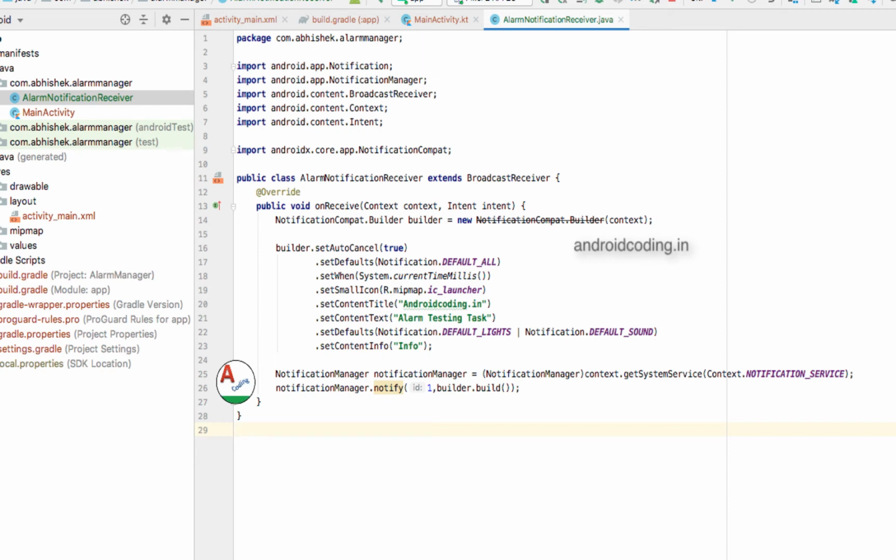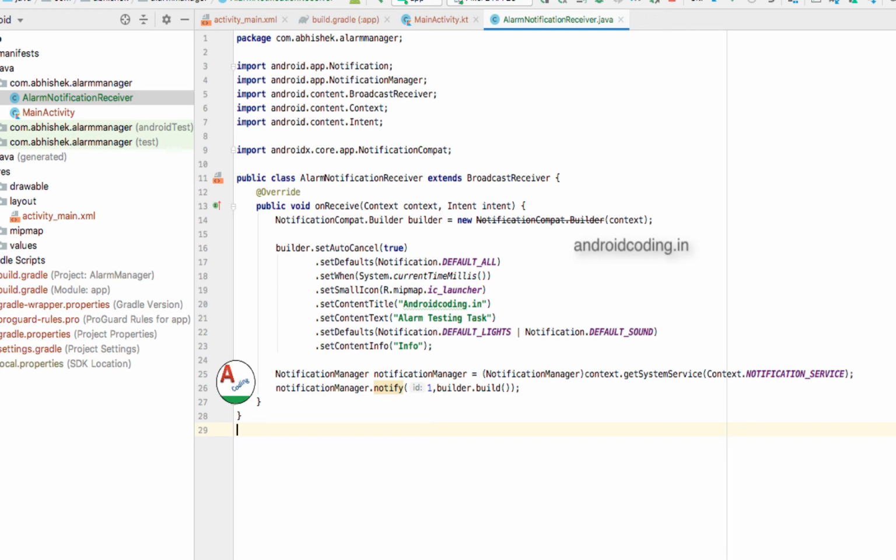I have specified some default title and text. You may change it, and the default sound, all those things; it's customizable. We will be seeing that in a notification tutorial in detail. What I want to explain in this particular task is that we will be receiving that broadcast, and on receiving the broadcast we will be pushing a notification. That's all. It's a simple thing.